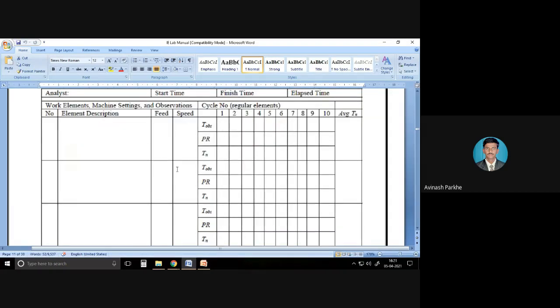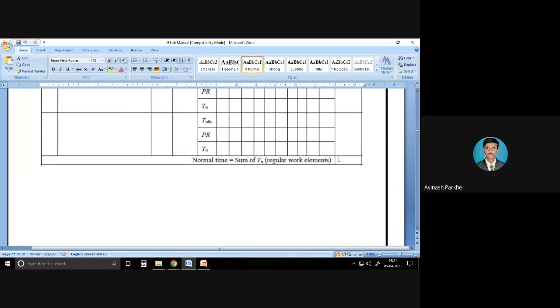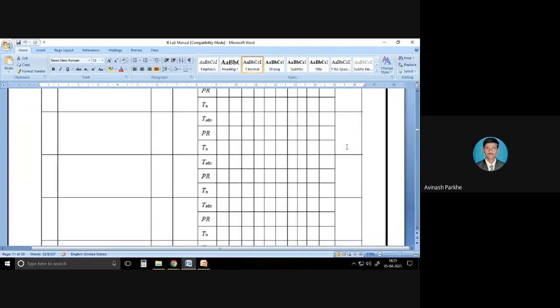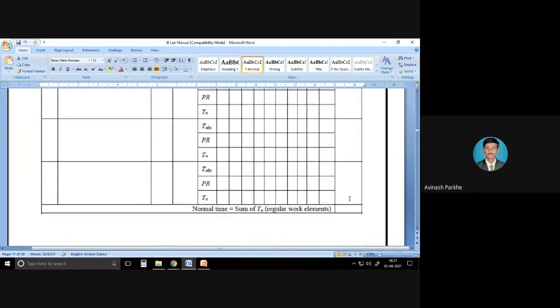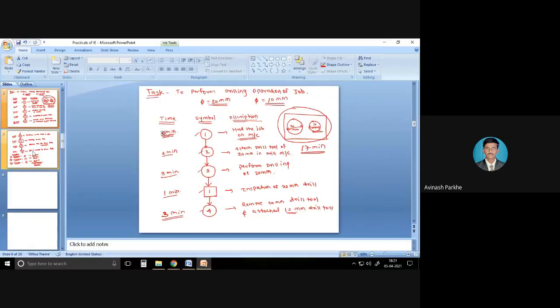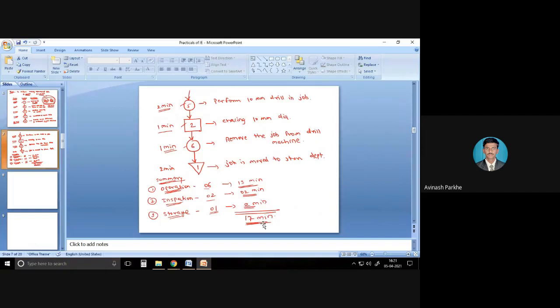So like that, whatever the task we are performing, that task we have to represent in the element description, and you have to represent their feed, speed, depth of cut, and in front of that you have to measure their time, and at the end you have to take the average. At the end, in the average column, I can write down the total time required to finish that particular task. Therefore here you can see at the end I have written 17 minutes,